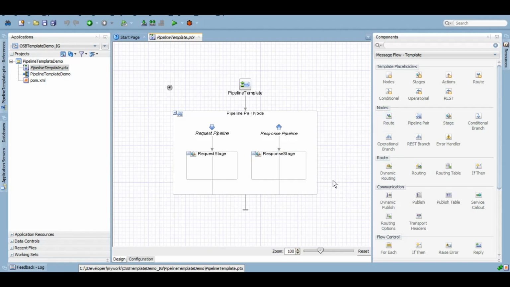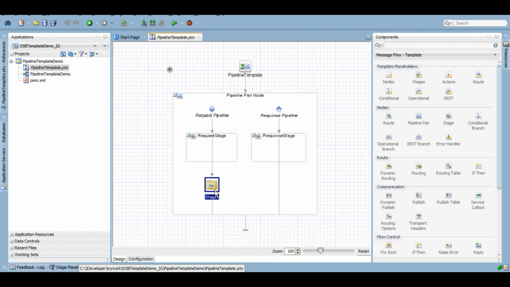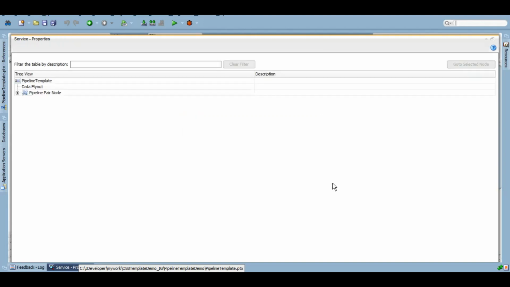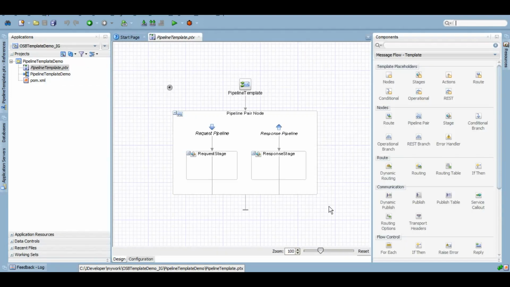If you want, you can start adding actions to it, or you can start adding placeholders of certain actions. So on top of your screen right now, as you can see, template placeholders. If I drag and drop this stage here, that means I created a placeholder for whosoever will implement this template to create their concrete pipeline. This placeholder will enable them to add as many stages as they want within this stage placeholder. For now, I'm going to delete this one and we'll just stick to what we have, and then we'll see how it works.